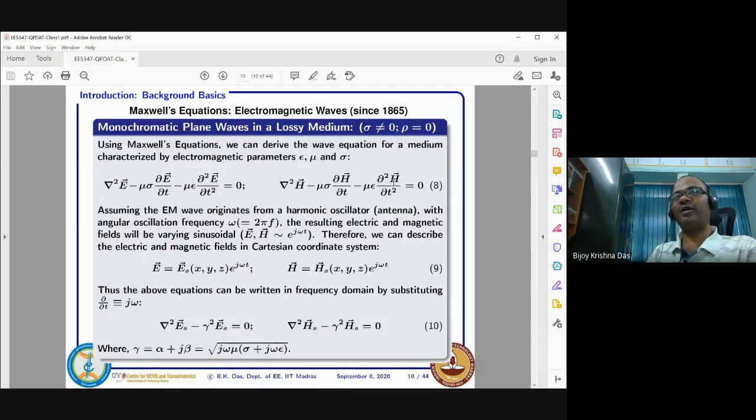Otherwise it is very difficult to get a solution in the time domain, because for any pulse you can have a band of frequencies. If it is a step pulse, you can have an infinite band. And if you have a Gaussian, you will have a certain band. All frequencies will travel with a different velocity. Their mu will be different, epsilon will be different, sigma will be different. So it is difficult. So what you could do is solve that numerically.